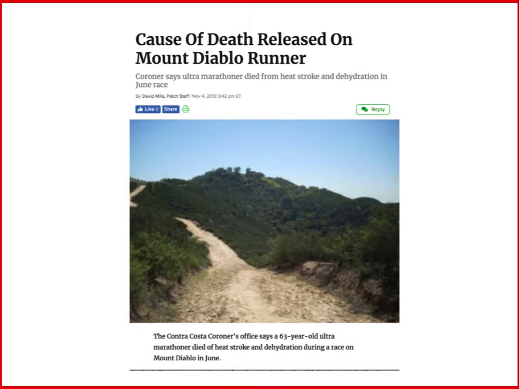He was a 63-year-old person. Even though he was well trained and frequently ran Mount Diablo and ran in a warm environment, so he probably had a good fluid replacement technique, dehydration comes on quite quickly. The last rest stop was about 5 miles from the end, and he was found in a ditch, 3 miles from the finish line, dead. And so race coordinators are starting to consider